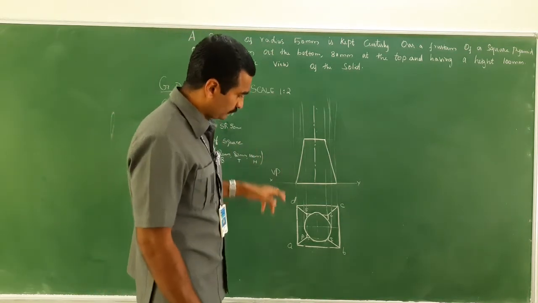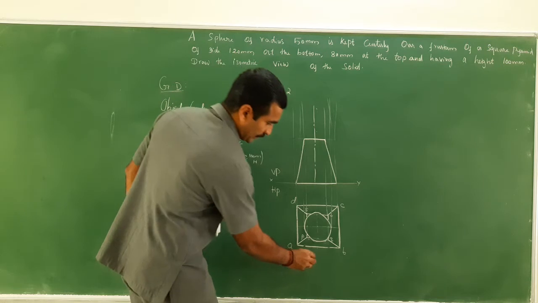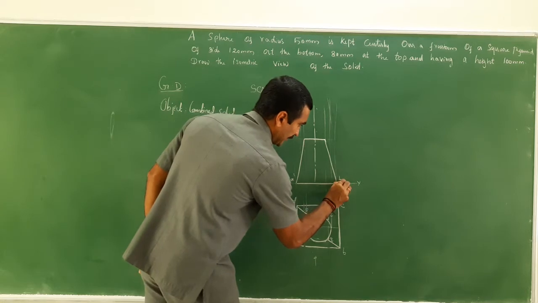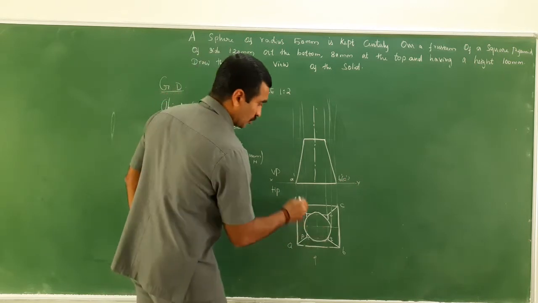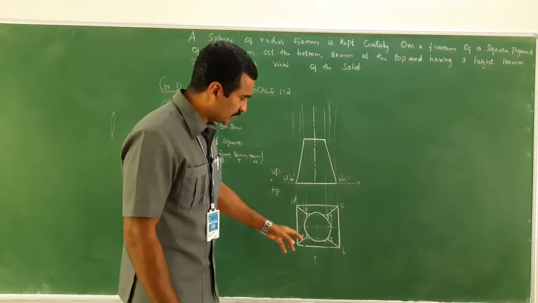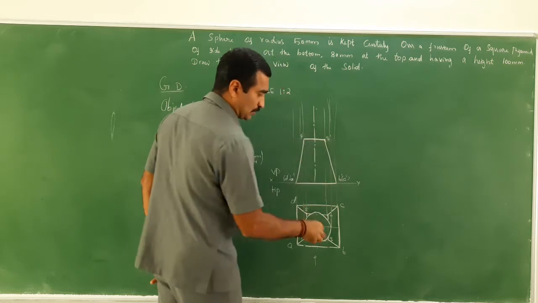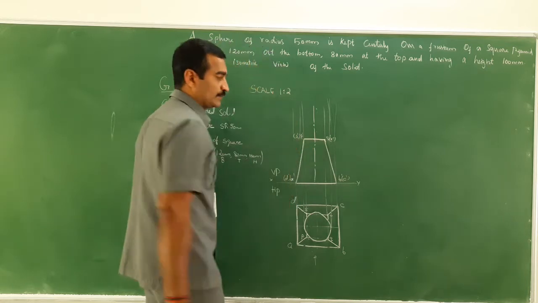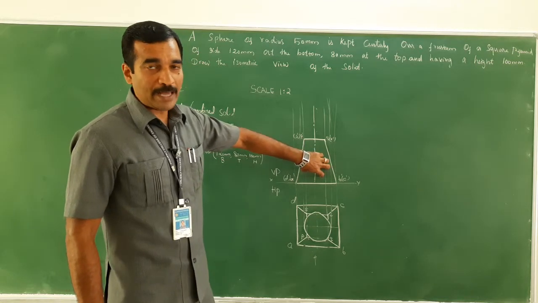And when you just look at from here, what other things would be visible? When you just look at from here, A, B are visible, isn't it? So A dash, B dash are visible, C and D are invisible. I am talking about the bottom base. So C, D are visible. Next, P, Q are visible. P dash, Q dash are visible. R and S are invisible. R dash and S dash are invisible. Now, the frustum of the square pyramid is over.